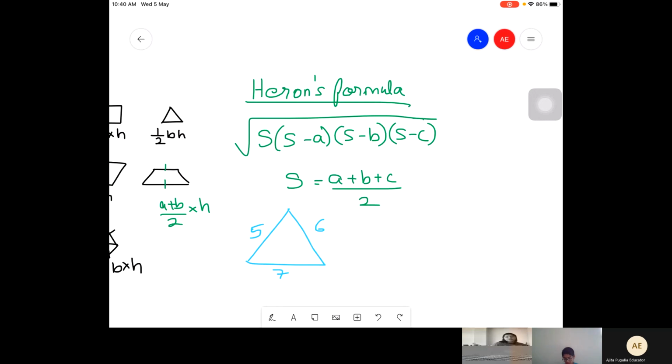Why do you think it would be inconvenient or unconventional to use it? Because it would require a lot more calculation than just 1/2 base times height. Bacha, if you cannot figure out the height of a triangle, let's say for some reason, since you don't know कि जो आपका perpendicular height है from the vertex, will it meet the base at the center point or some other point, then how will you figure out the area of that triangle?